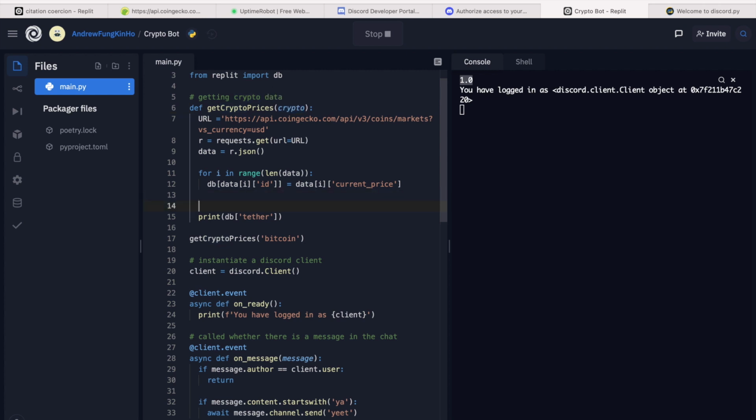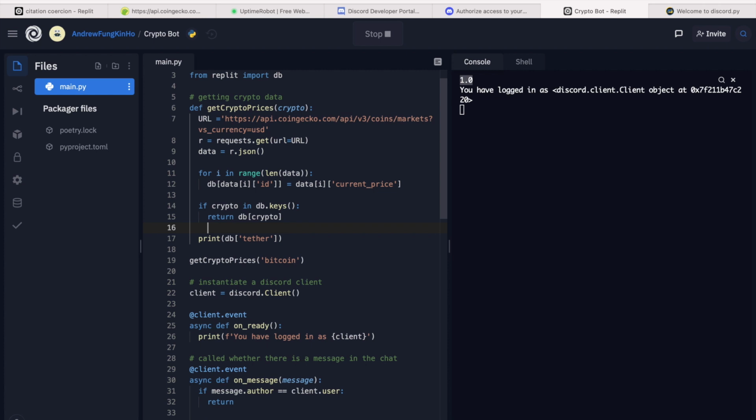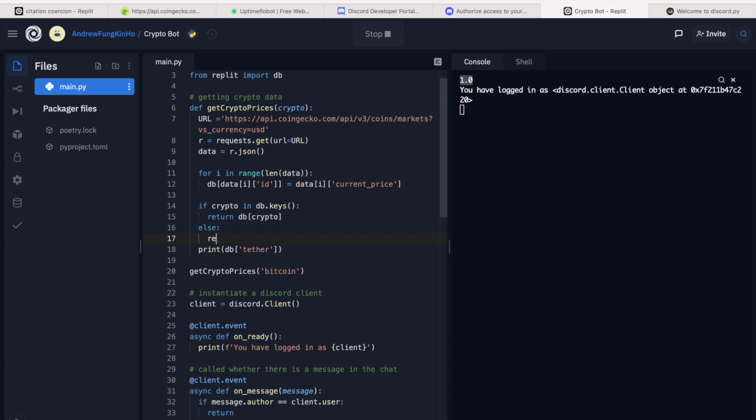So let's change this to the crypto that is specified by the user. So let's change it to: if crypto in db.keys(), which are the IDs, then return db[crypto], else return None.